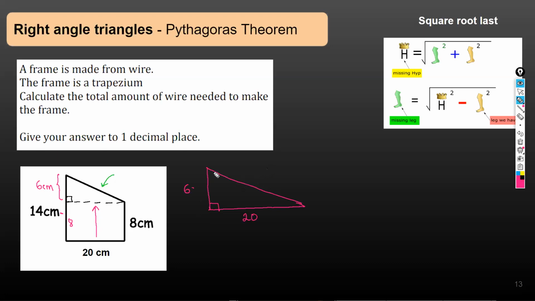We could find this side of the triangle because that's the hypotenuse. So I think we're going to be using the one with the addition sign. To find the slanted side is 20 squared plus 6 squared, and then we square root. So let's work that out. 20 squared plus 6 squared, we get 436. We square root that, and we get roughly